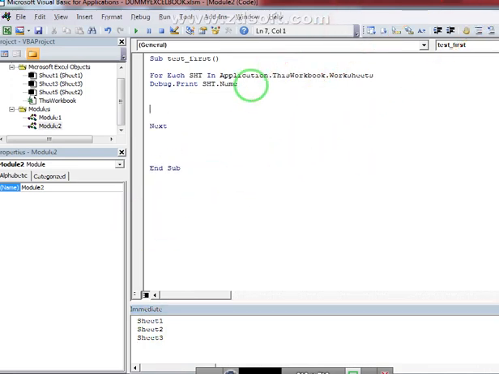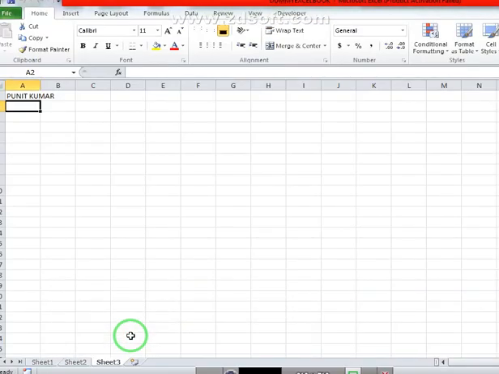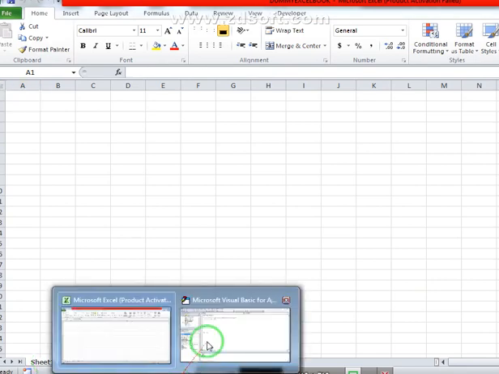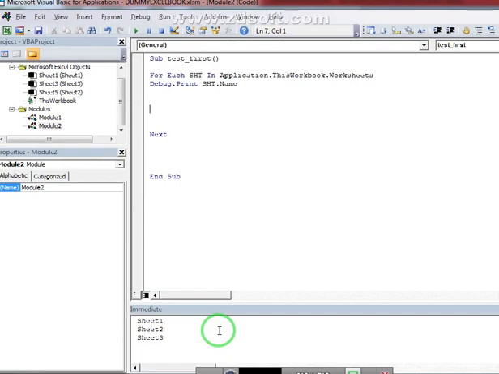Now the next part is how to rename a worksheet. If I want to rename the worksheet named Sheet1 to Raj, for this I'm appending code just for renaming a sheet. I'll apply a condition: if sst.Name equals Sheet1, then the sheet name should be Raj.